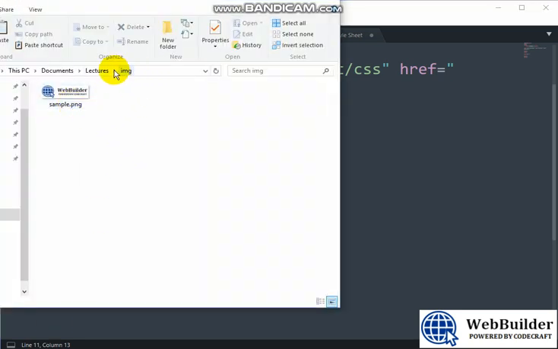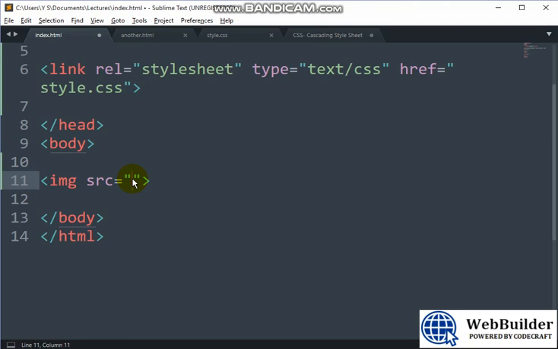Open this folder, you can see the image. This is the image. Now, in this image, that's the one I want to use in my website. So come here. Where is the image? The img folder slash the name of the image,